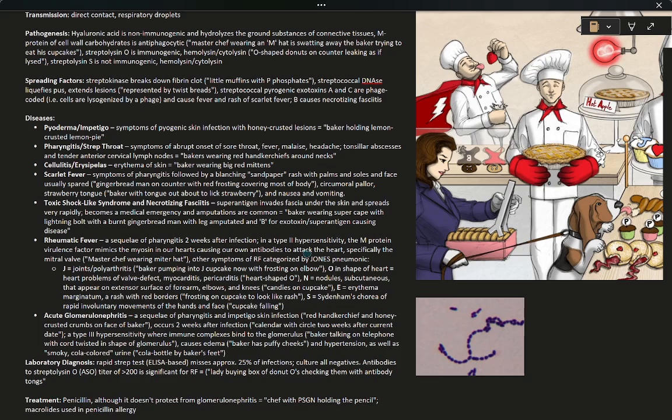And this is really important to remember because it's a dangerous complication of Streptococcus Pyogenes infection. And then other symptoms of rheumatic fever can be characterized by the Jones mnemonic. So, the J for Jones stands for